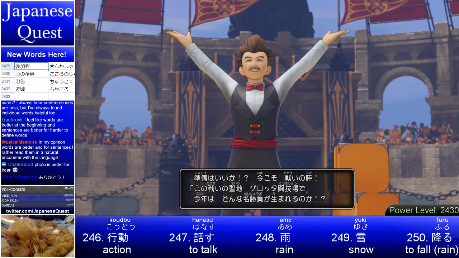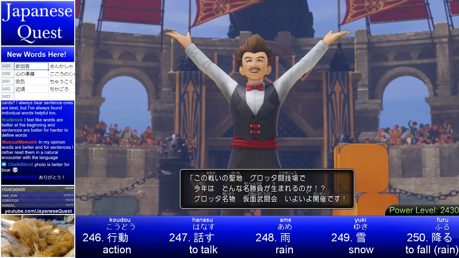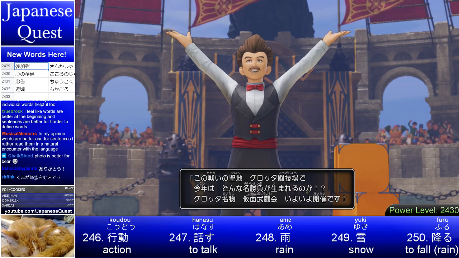この戦いの聖地グロッタ闘技場で今年はどんな名勝負が生まれるのか。グロッタ名物仮面舞踏会いよいよ開催です。